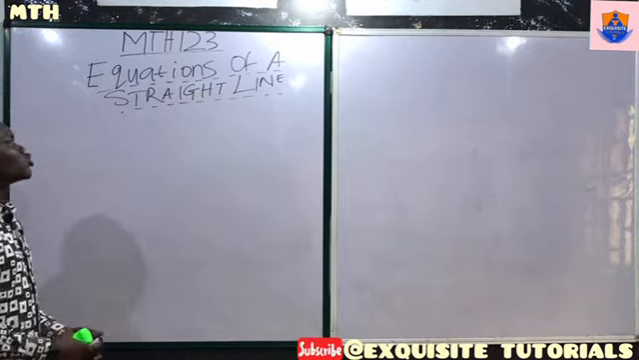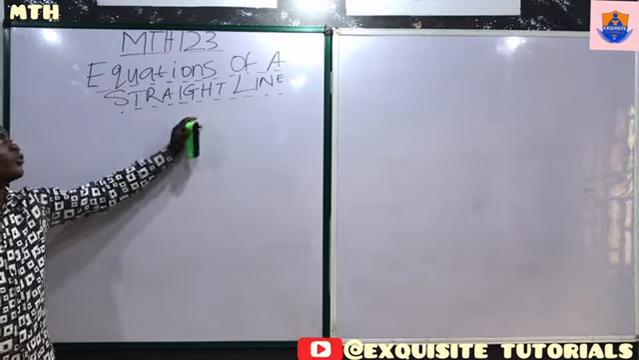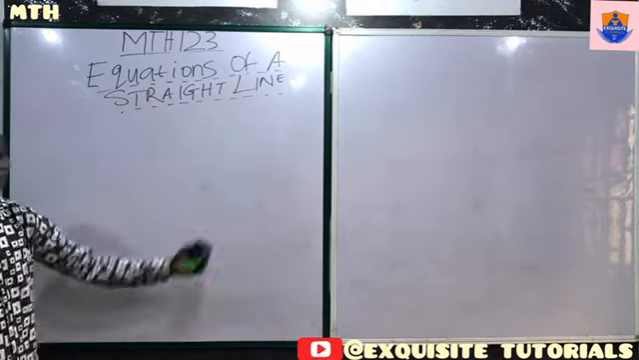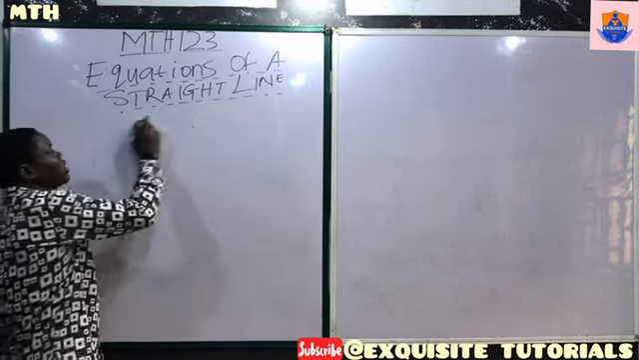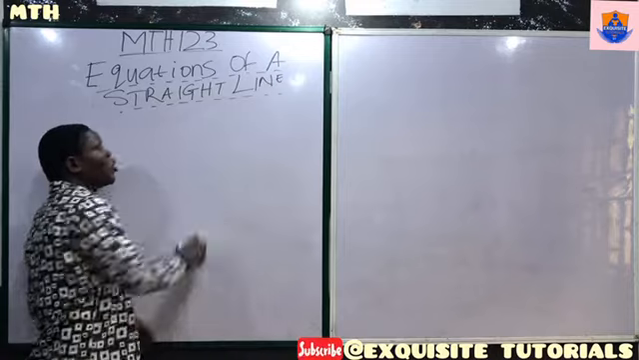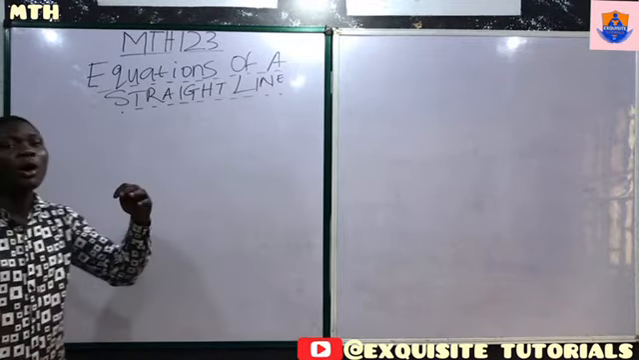Now, the first thing you must know is what a straight line is before you start talking about the equations. A straight line is a line in which the power of the unknown variable is